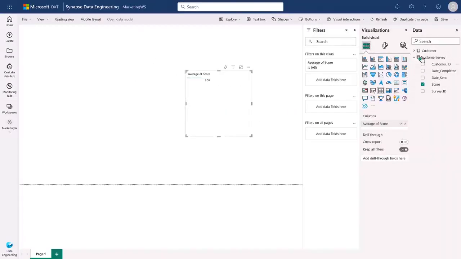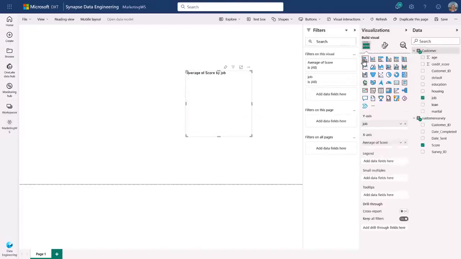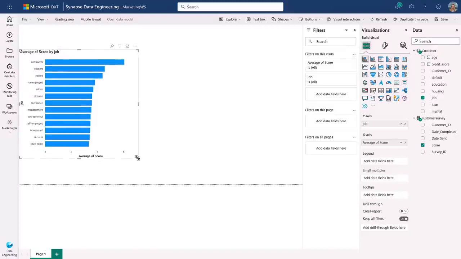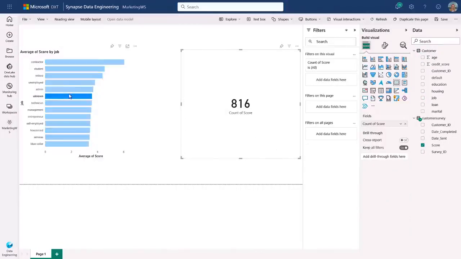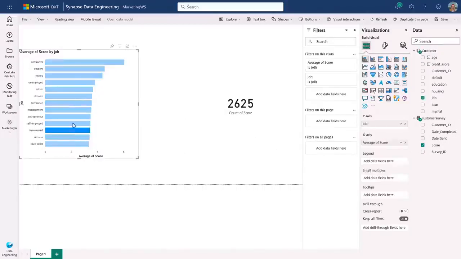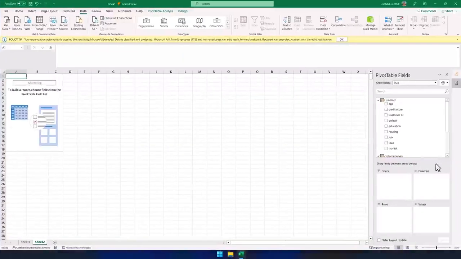And as I start building out my new report, Power BI will use a new capability called Direct Lake Mode to natively read data in the Delta format stored in OneLake. This unlocks a lot of performance for Power BI. And again, no data has been duplicated to achieve this. I can take this even further.